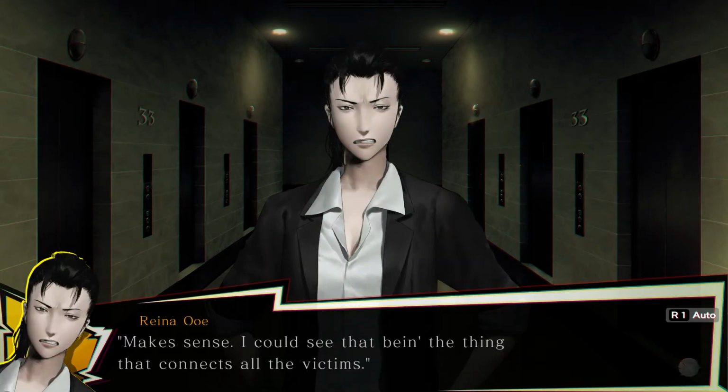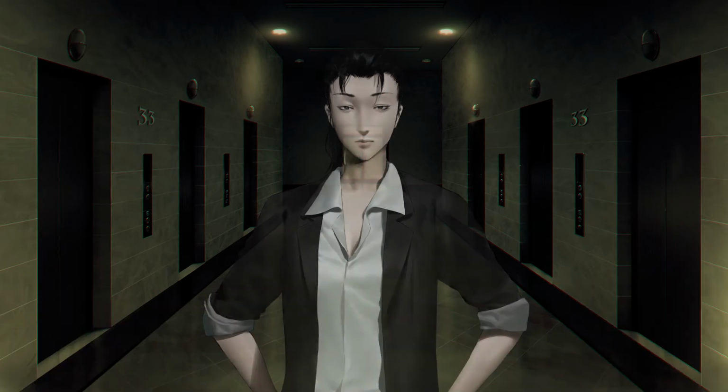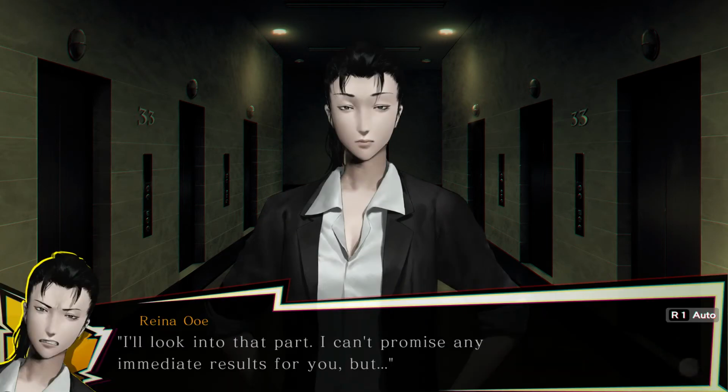Makes sense. I could see that being the thing that connects all the victims. So what was this group called again? The 5x5 Club? No, the 5-5 Club. I think you have the wrong math symbol. 5/5 Club? Right. 5/5 Club. I'll look into that part. I can't promise any immediate results for you, but...